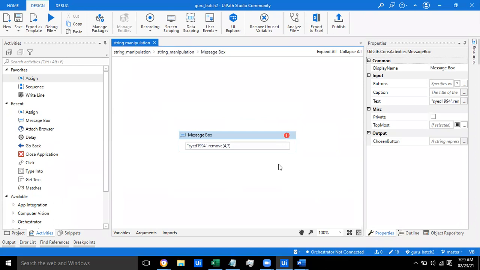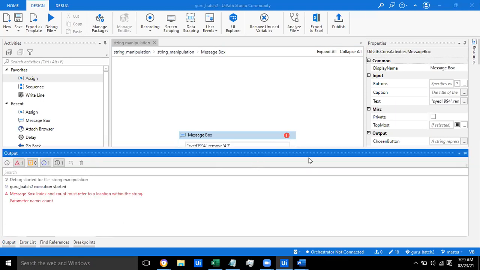Just go to the output panel, in the bottom left corner. Just click on it. Okay: Count must refer to a location within the string. Just check what the reason for this error is. Search for this error in UiPath.